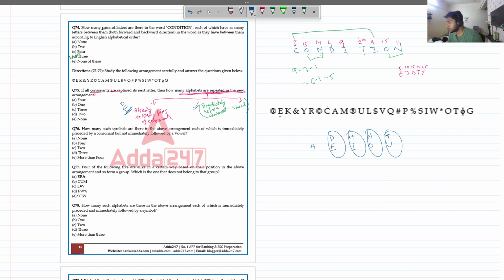डू वी हैव ए डी, क्योंकि ई तो है मेरे पास, मुझे दिख रहा है। डू वी हैव ए डी इन द होल सीरीज, नो, ये कौन केस। आई है, एक वावेल है। डू वी हैव एन एच, नो वी डोंट हैव एन एच, ये केस पे गया। ओ, ओ है मेरे सीरीज में। डू वी हैव एन एन, नहीं है, ये सीरीज में गया। यू, यू मेरे है और टी भी है, यू भी है, टी भी है। सो ओनली वन। हाउ मेनी पेयर्स आर देयर, ओनली वन, दैट्स माई आंसर। यहाँ पे एक ऐसा पेयर निकल के आ रहा है। ओके, लेट्स डू द नेक्स्ट क्वेश्चन।